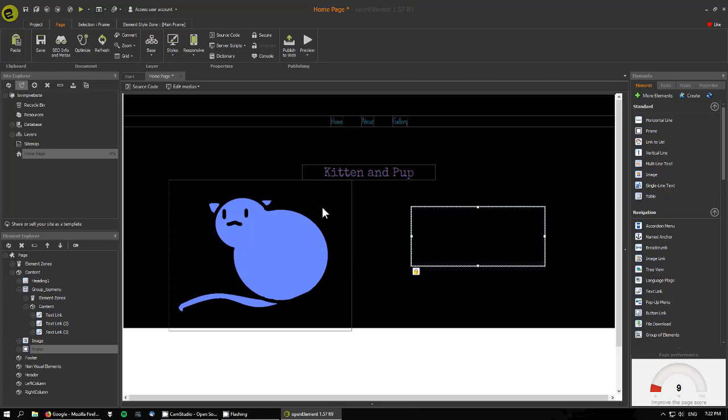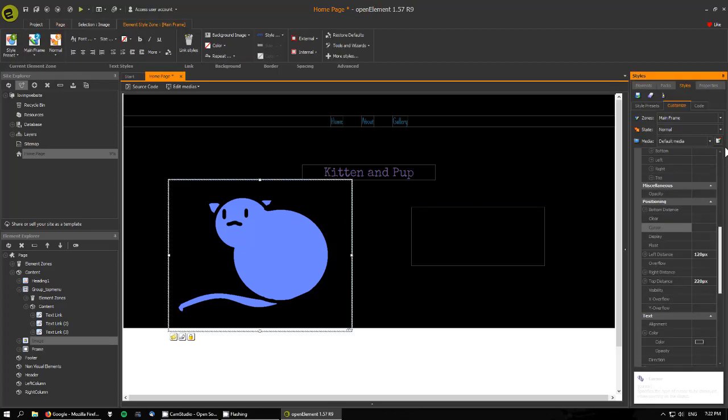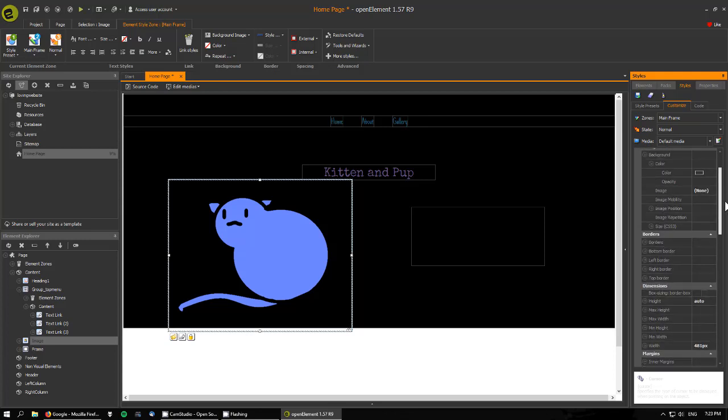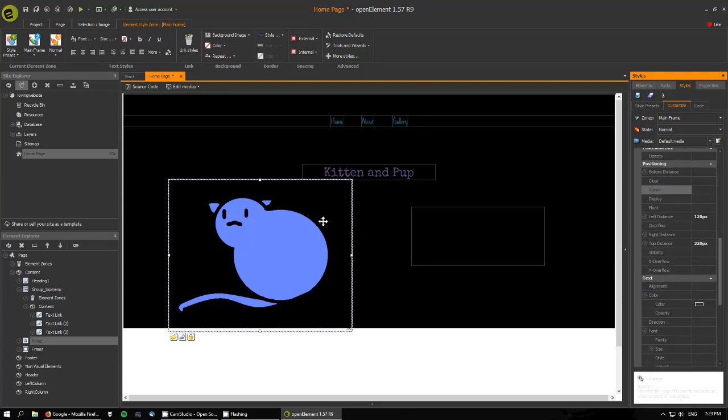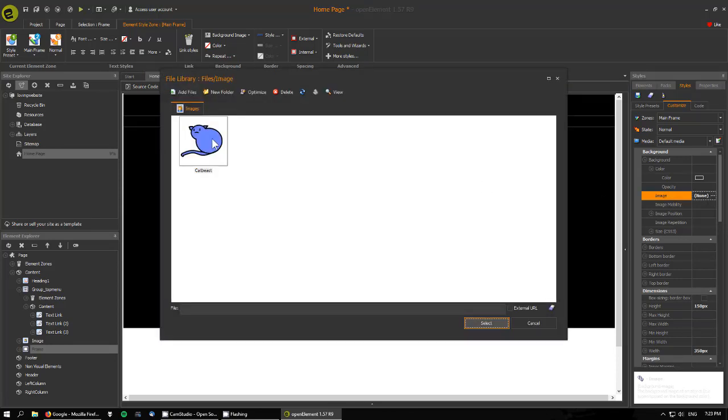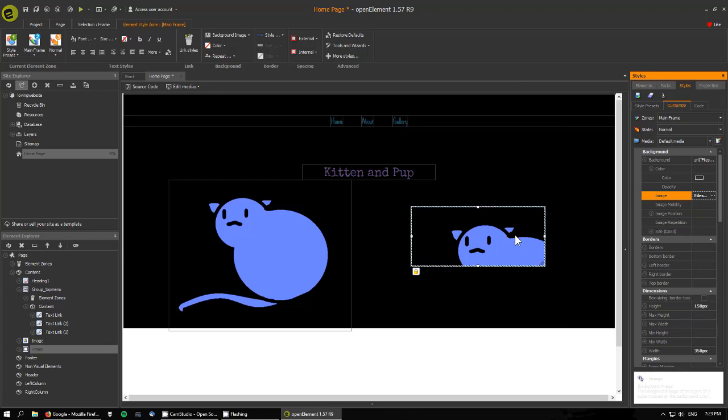So the image, you don't have a lot of options with it. You can change the size and the opacity. That's about it, really. Whereas frame, if we click on the background, we can put the image inside. Anyway. Okay. Now the beauty of that is that we have options here now. We can change the position inside the frame